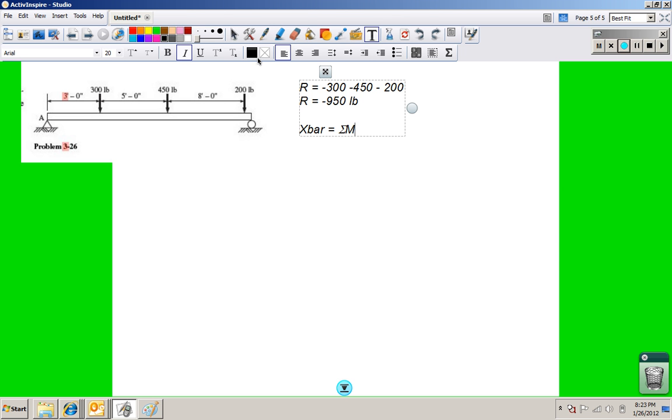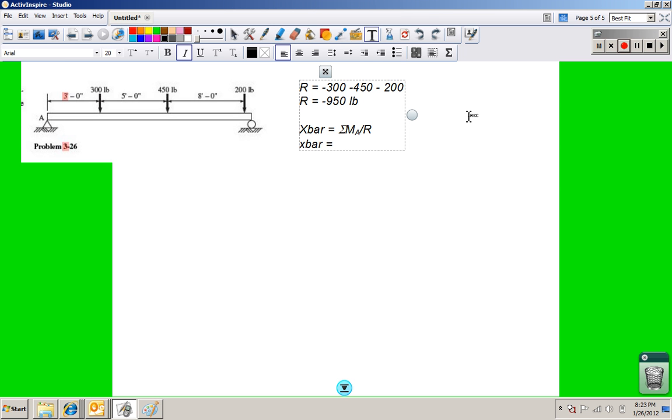In this case, we're going to do about A because that's where we know all our distances from. Okay? Divided by the resultant. Okay? So x bar